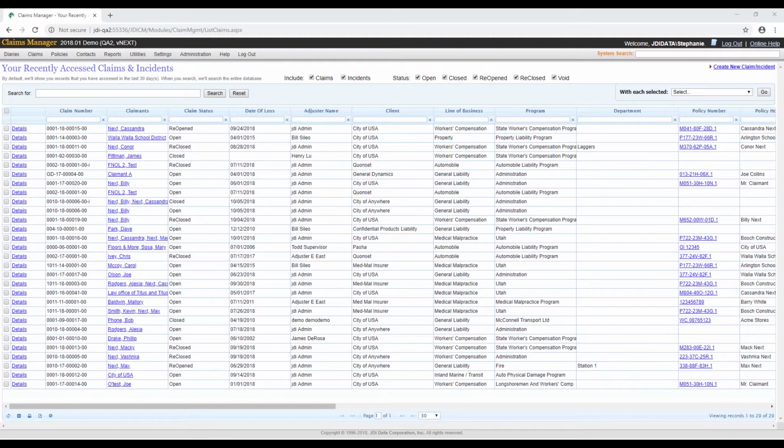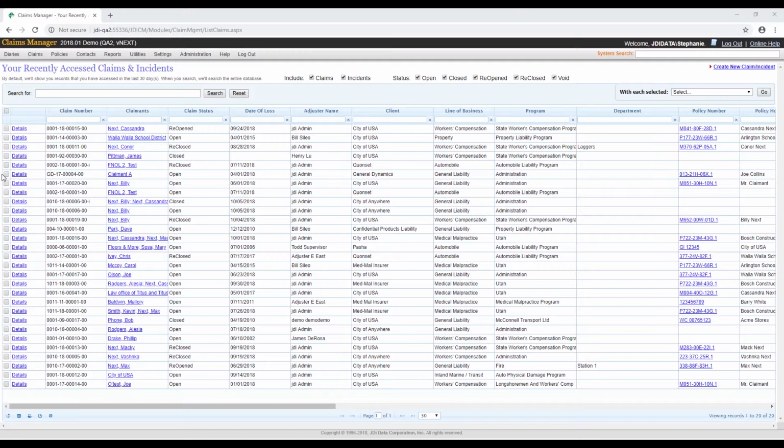Did you know that Claims Manager has a method for documenting and tracking modified work and lost time workdays? If maintained, this functionality can serve as a quick reference point that will help you understand the evolution of a claim over time. In this video, we will demonstrate Claims Manager functionality and also highlight enhancements that will become available